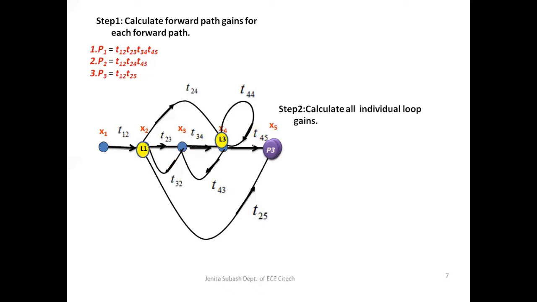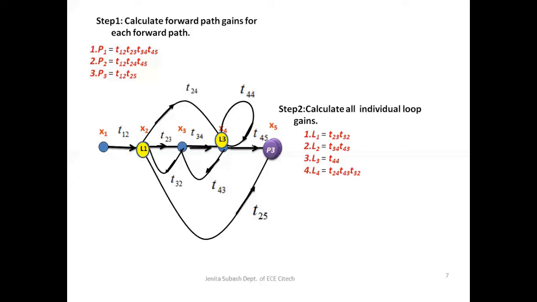The first loop L1, then the second loop L2, then the third loop L3 and the fourth loop L4. L1 starts from x2, x3 and reaches back again to x2. Then the second loop starts from x3, x4 and again reaches x3. Then the third loop starts from x4 and again reaches back x4. We can call it a self loop also. Then the fourth loop starts from x2, reaches x4, moves to x3, and again back to x4. So we have a total of 4 individual loops and we can calculate its loop gain given by L1, L2,